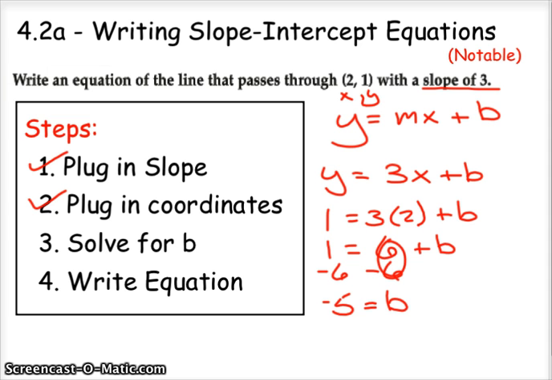So once I've solved for my b, I'm good here. I have my y-intercept of -5, and so now I can write my equation just like we did in the last section. So I'll have y is equal to my slope, which is still 3x, plus my b term, my y-intercept, which is -5. So I'll have 3x minus